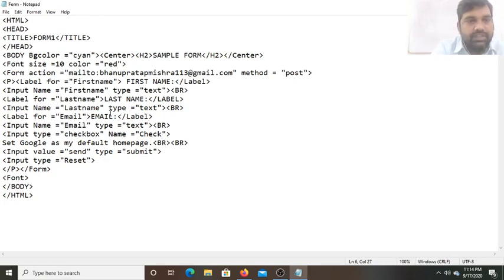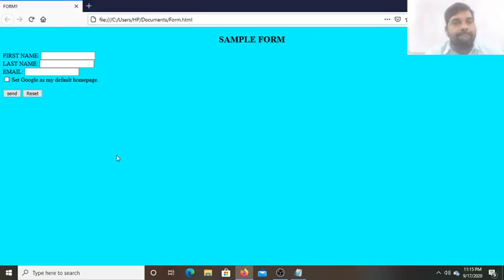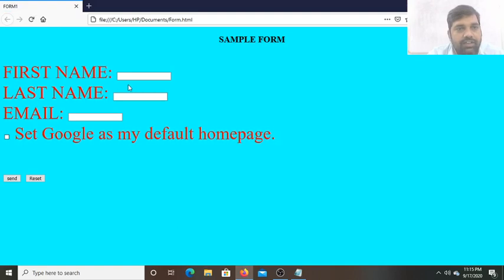Now we save it and again refresh the web page. See, the size has increased, and the color of the text has also changed to red. Okay, like this.